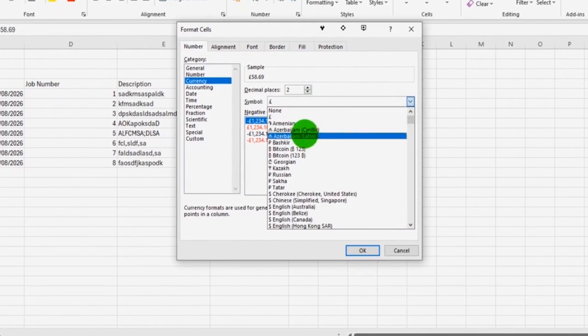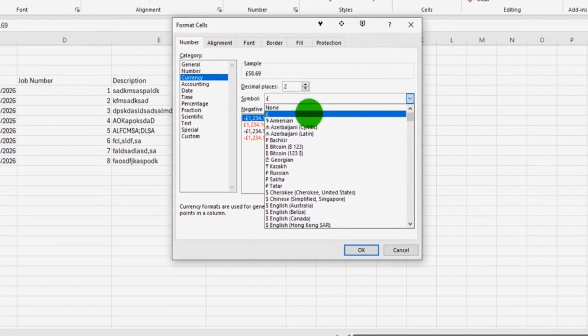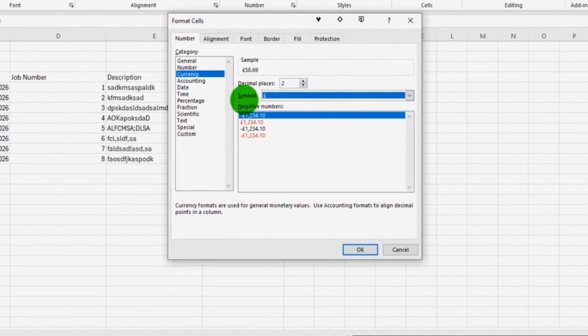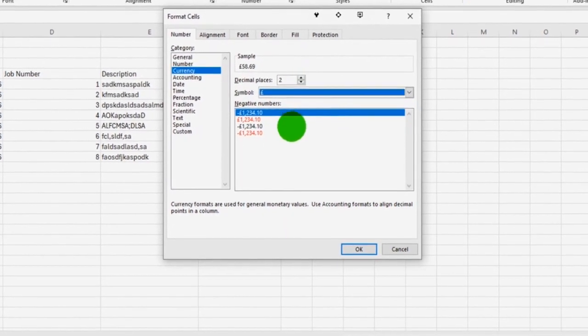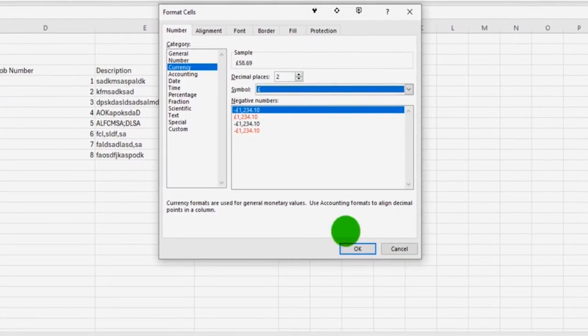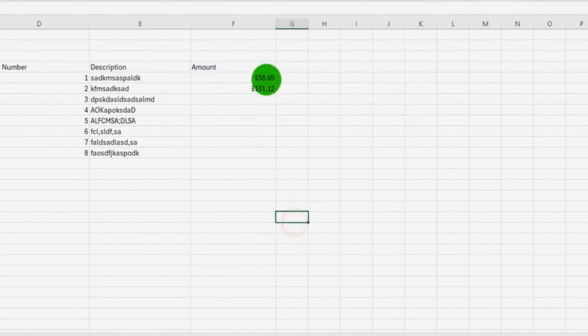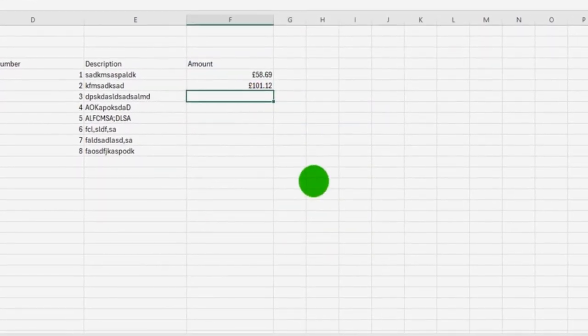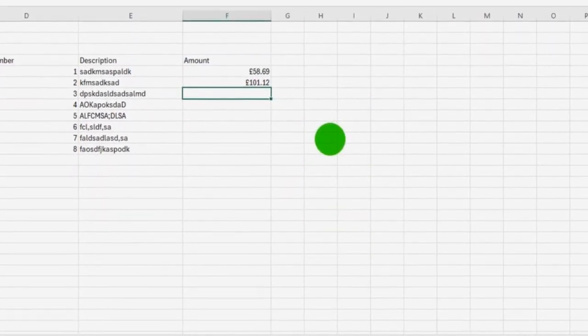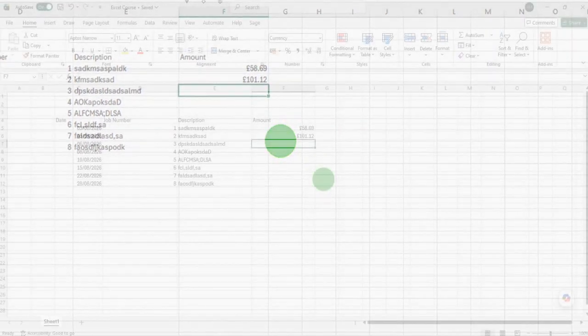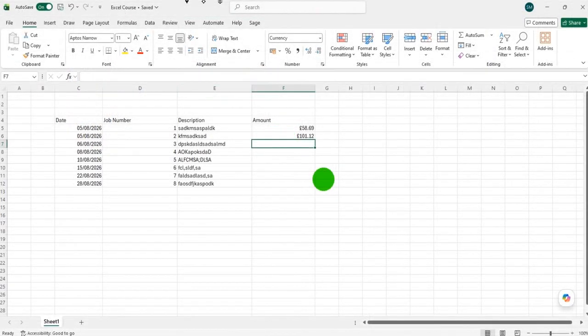choose the symbol, so you can have American dollars, euros, pounds, the right symbol, and how many decimal places we want to show. If I now click OK, you can see this now looks like currency amounts. You've got £58.69, 101.12. This could be dollars, could be euros, or you could simply, if I put some more amounts in,